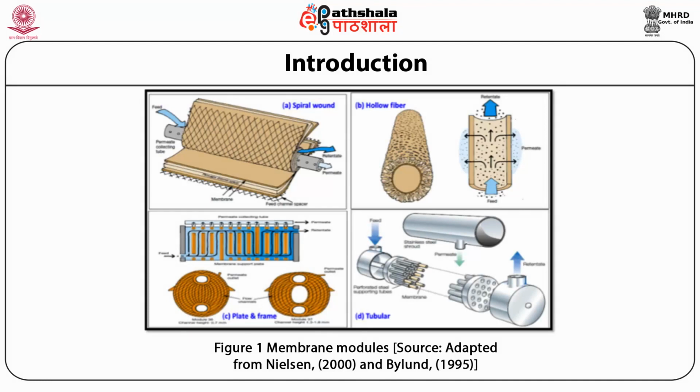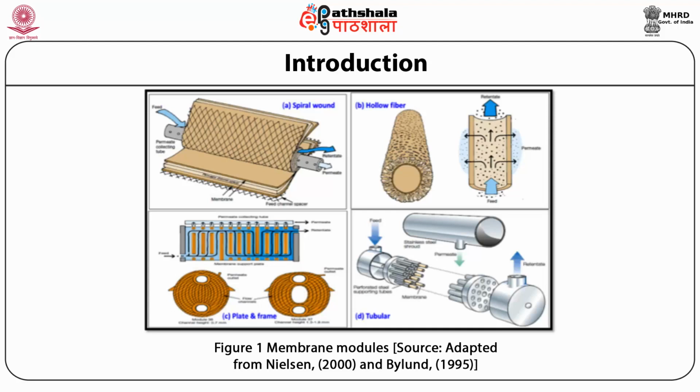In this particular spiral wound membrane module, we have a layer of membrane. Then we place a feed channel spacer, and then a support material, and all these are closed from three ends, forming something like an envelope, and finally it is rolled. In the center, the feed will be given, and there will be a perforated tube that will collect the permeate from all these layers, and the retentate will be on the other side of the membrane, and finally we will get the permeate and concentrate.